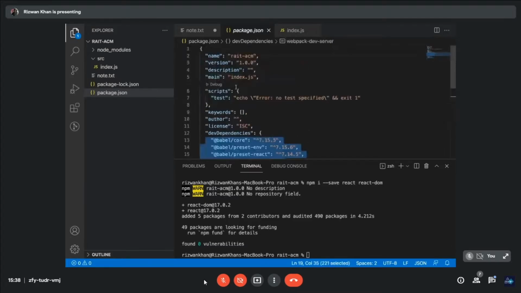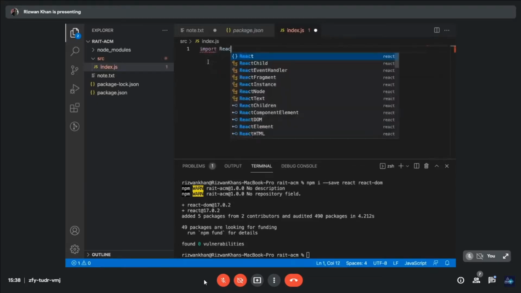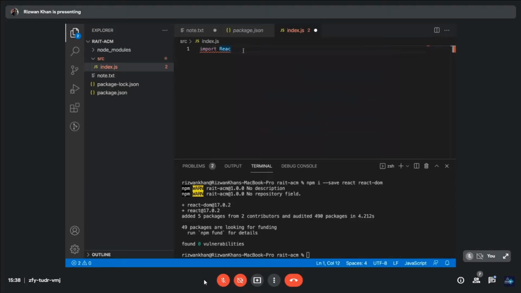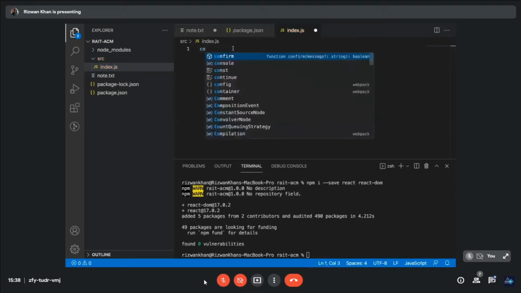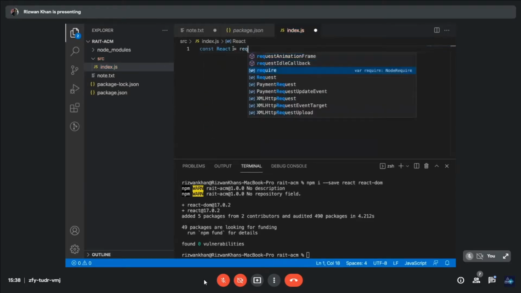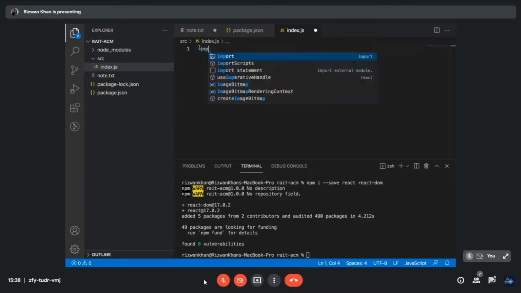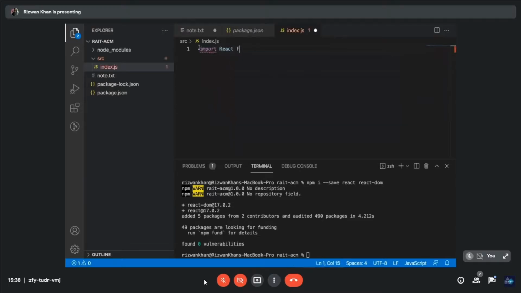Okay. So here in the index.js file, let's do some fun. Let's import our React. Babel and Webpack help us to use the ES6 syntax, right? So we can write an import statement, or we can also use the traditional require statement. So here we'll say React. If we have something, why don't we use it? So let's do import React from